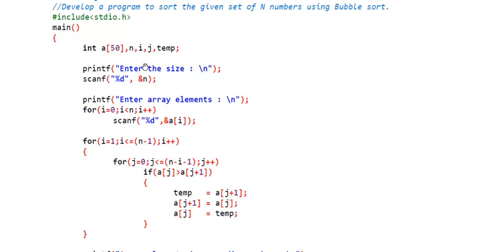Okay, this is just for understanding bubble sort. If there is a requirement for more numbers to be sorted, then you can increase this particular dimension, that is the size of the array. i and j we use as indices of a for loop, and temp is just a variable name that will be used for the swapping purpose. So whenever a of j is greater than a of j plus 1, we are going to swap. We will use the temp variable to do that swapping.